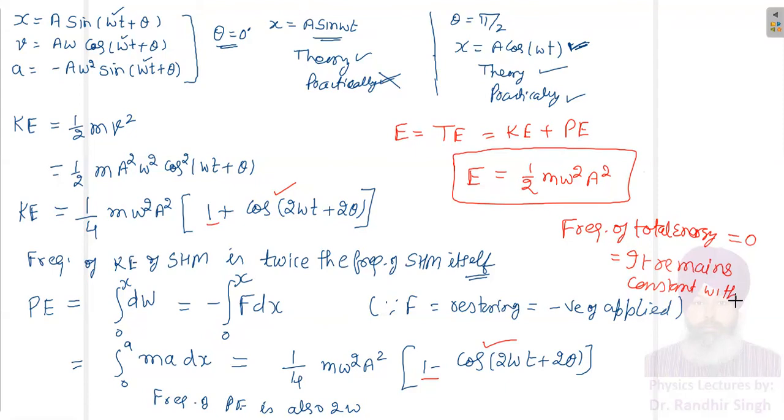So the conclusion of today's lecture is that in case of SHM, x, that is position, velocity v, then a, then kinetic energy and potential energy all vibrate. All these things oscillate. Instead of vibration, I will use the word oscillation, but total energy does not oscillate, it remains constant.